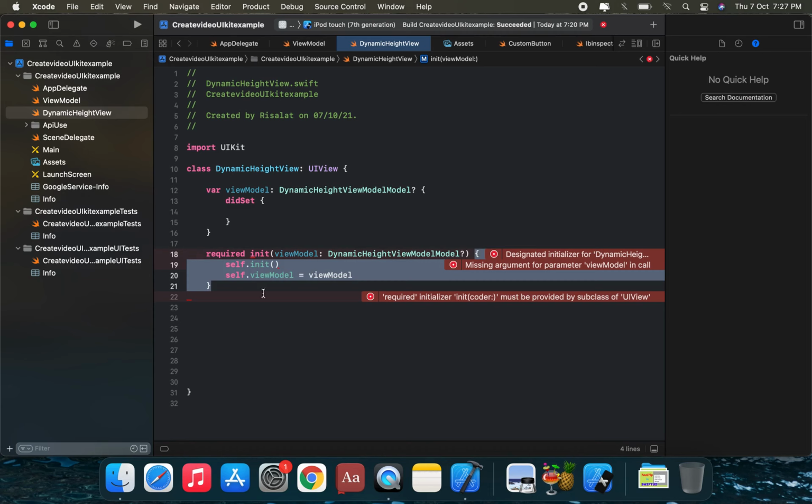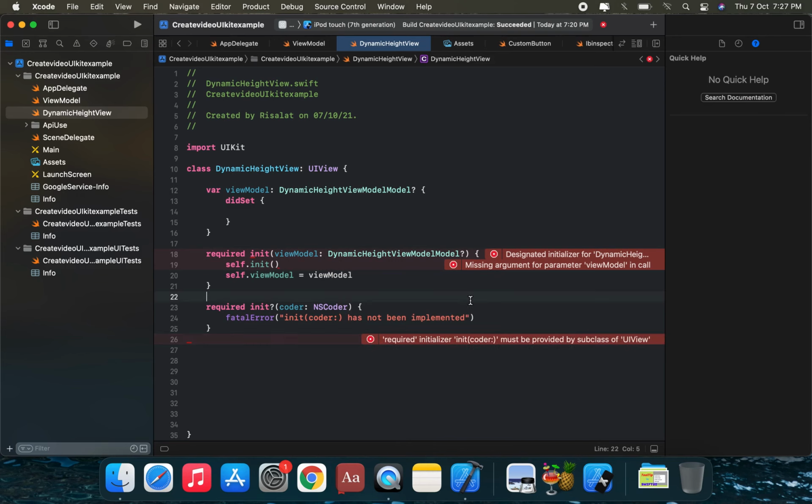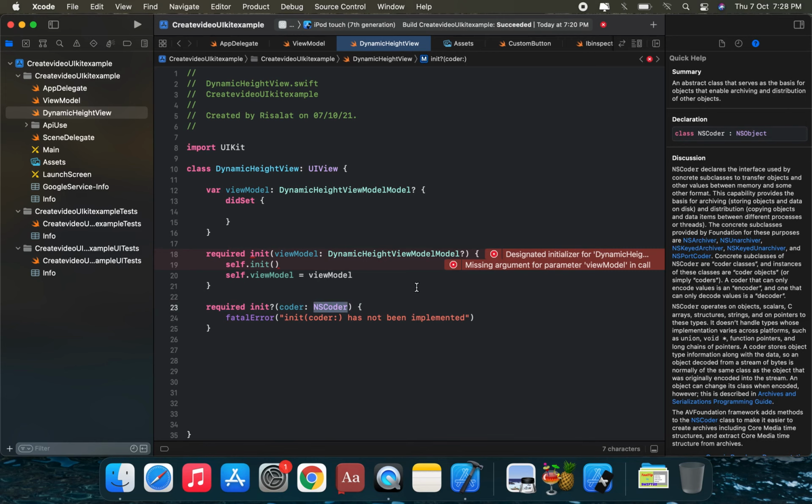And in the required initializer, we add a fatal error with NSCoder.